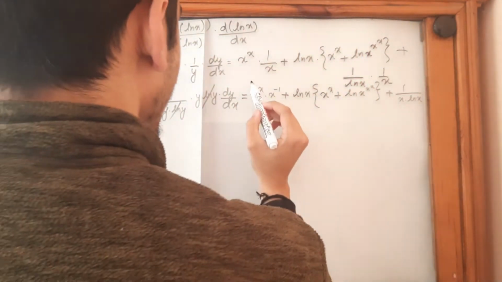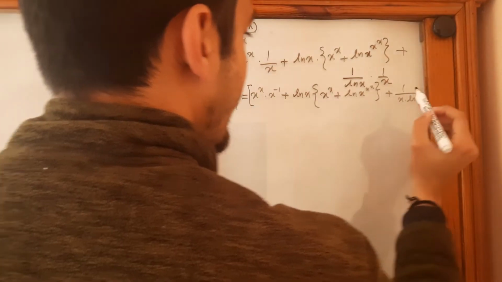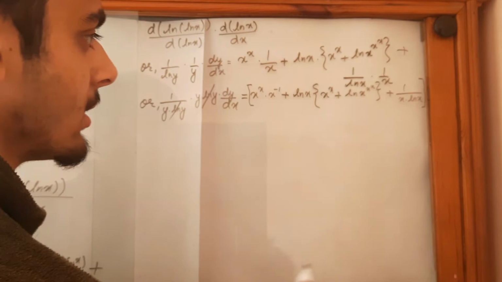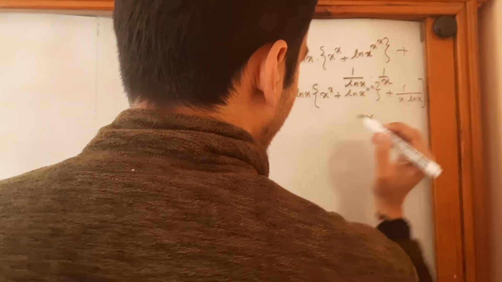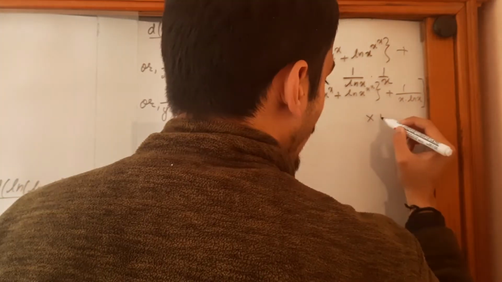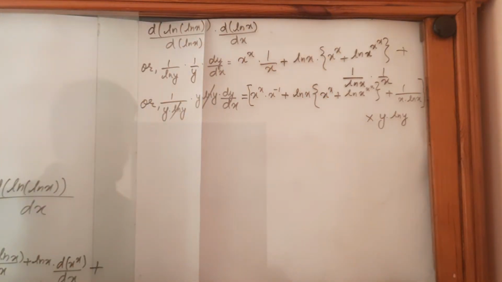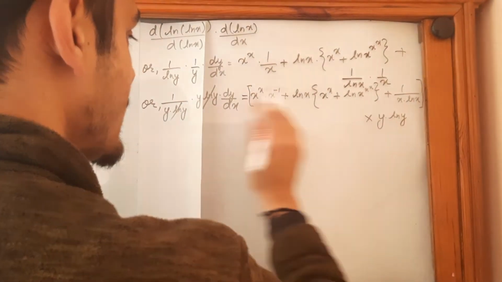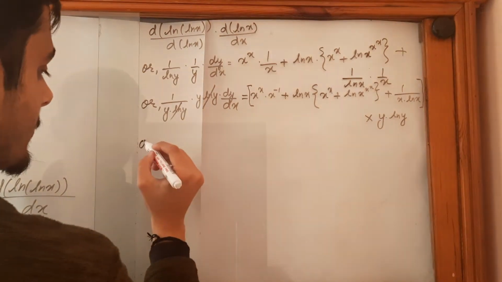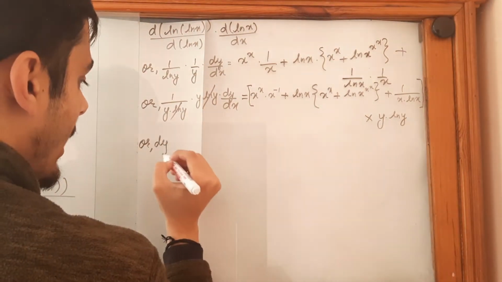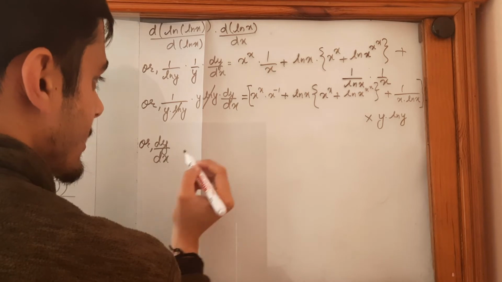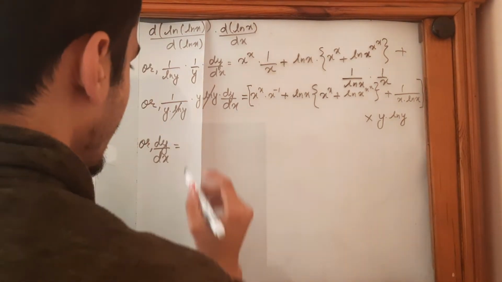And of course, multiply this whole by y ln y. So this whole gets multiplied by this, and now dy upon dx is equal to,